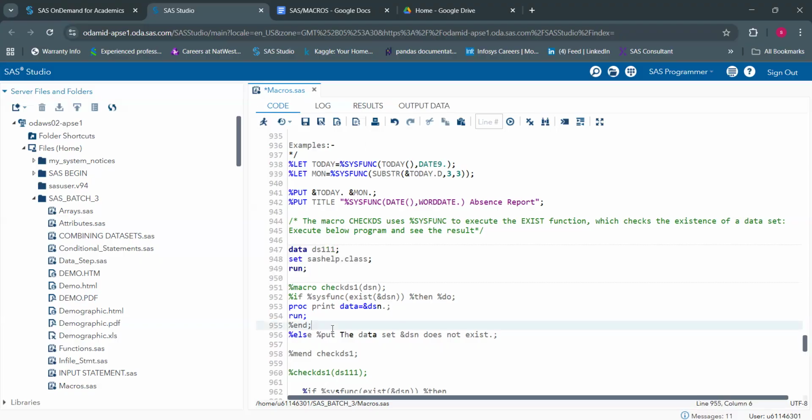Here I'm using a function called the exist function. The exist function tells us whether the respective dataset exists or not, whether in the work library or in a stored library. So here, what I'm doing is my macro is